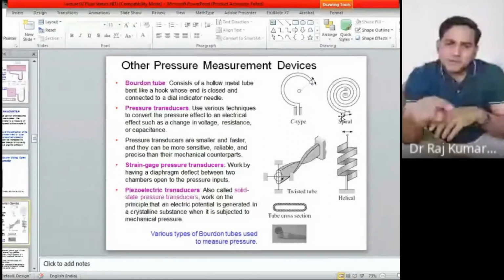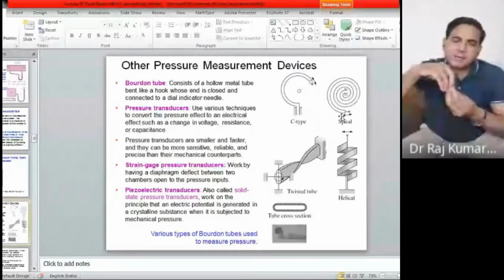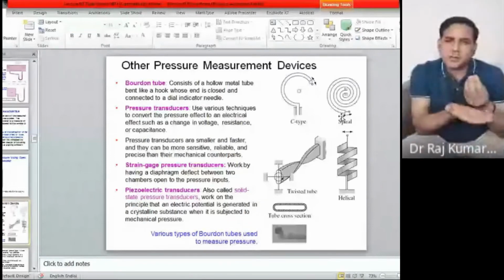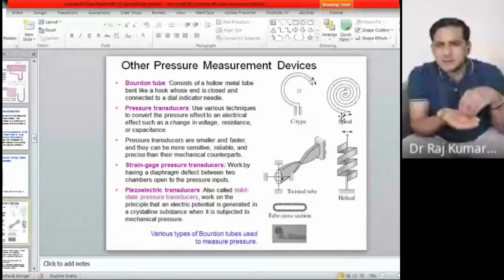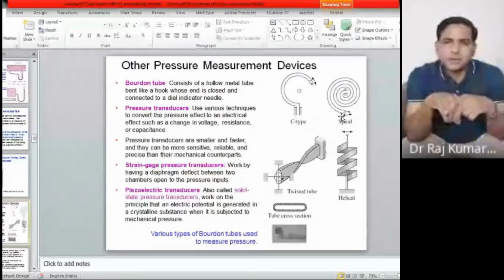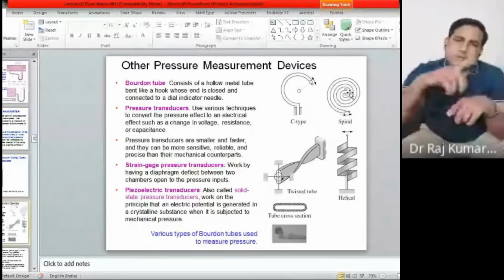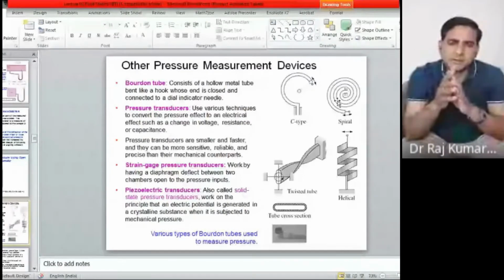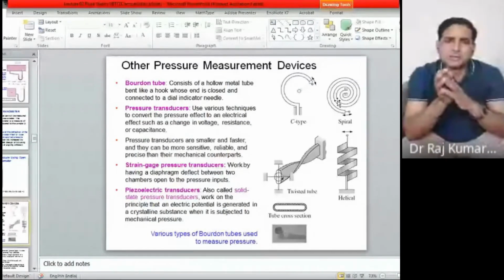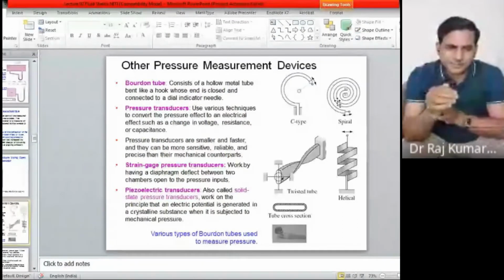You have a spiral type of connection inside the gauge, and when the pressure gauge is connected at the bottom of the tank, it gives the pressure of that particular thing. This pressure is transferred to a diaphragm, and the diaphragm expands, and based on that it gives the movement of that particular spiral, actually this particular wire, and then you find how much fuel is there. So that also needs to be calibrated. All these gauges, whatever you design, need to be calibrated with a known reference.